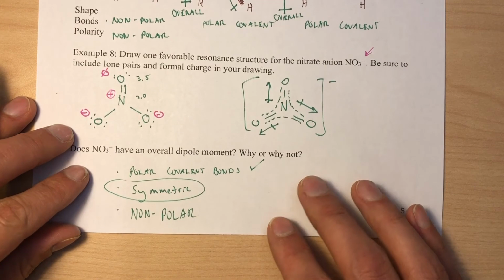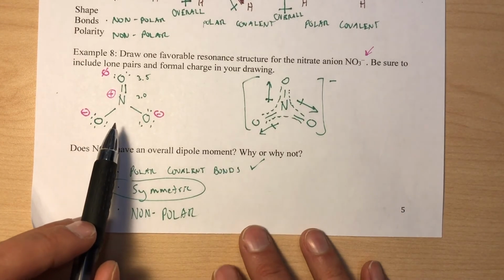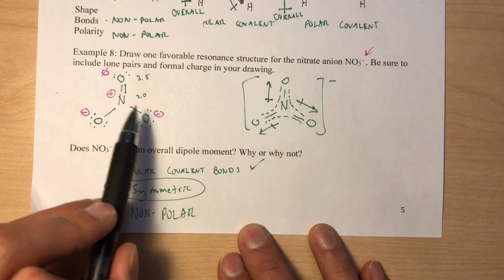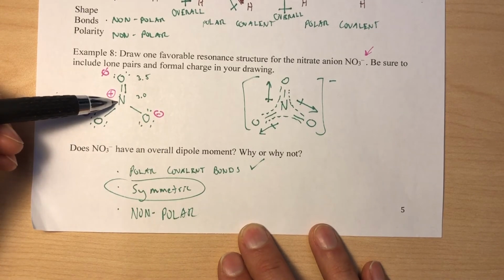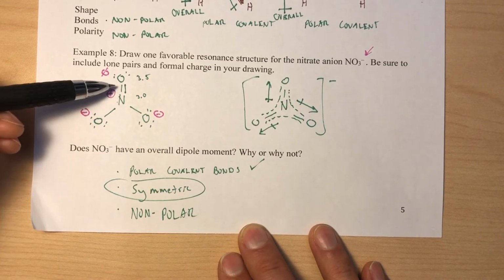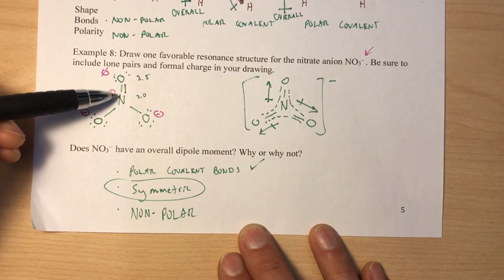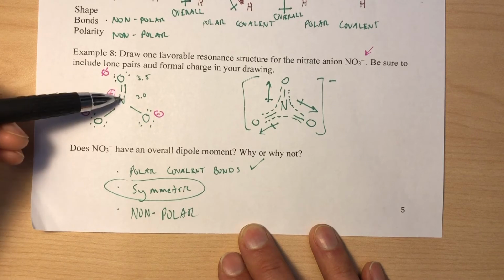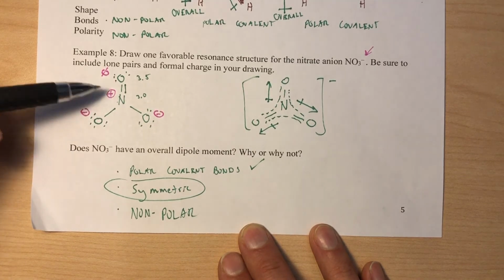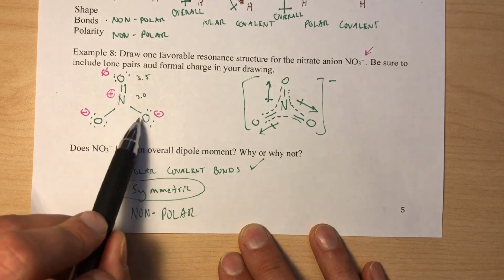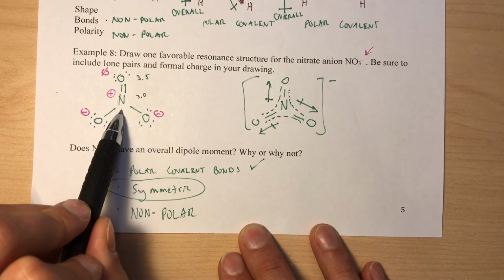In example 8, we see a resonance structure for the nitrate anion. And here is one Lewis structure drawn. Nitrogen has an electronegativity of 3, and oxygen has an electronegativity of 3.5. So we just barely have polar covalent bonds in this molecule. After drawing the Lewis structure and filling in electrons to give each of these atoms an octet, as they are